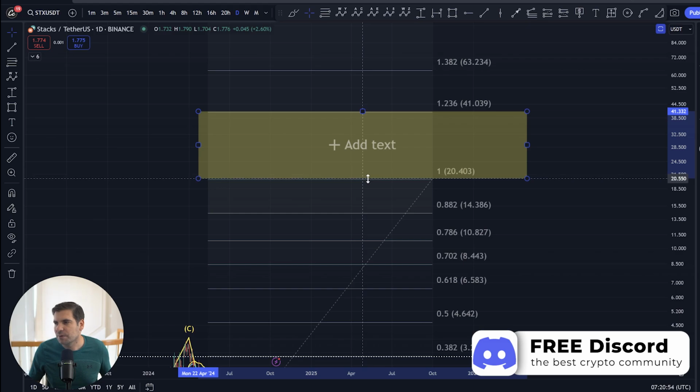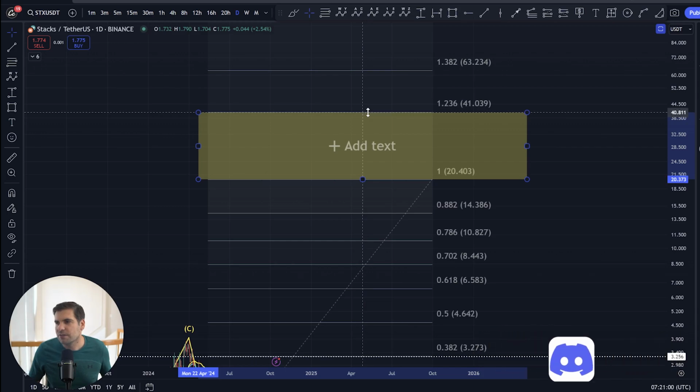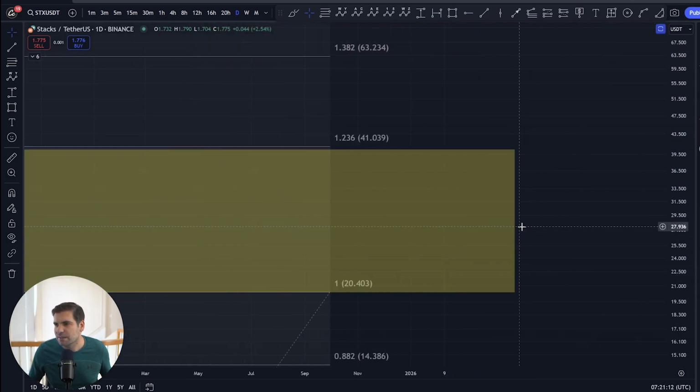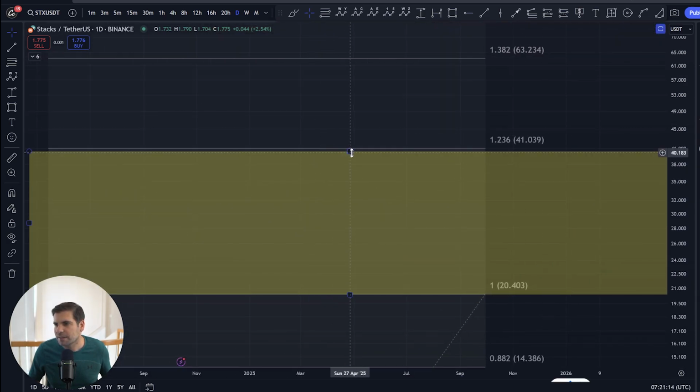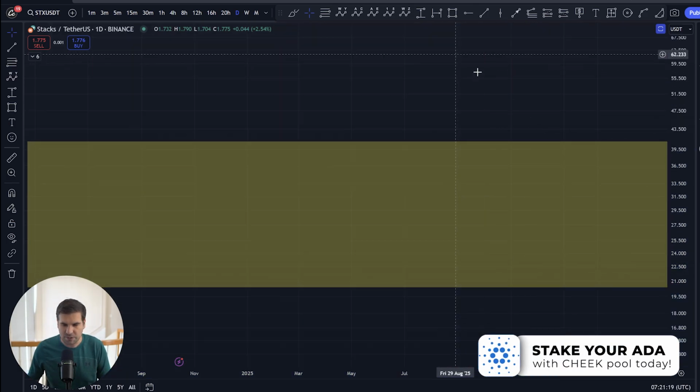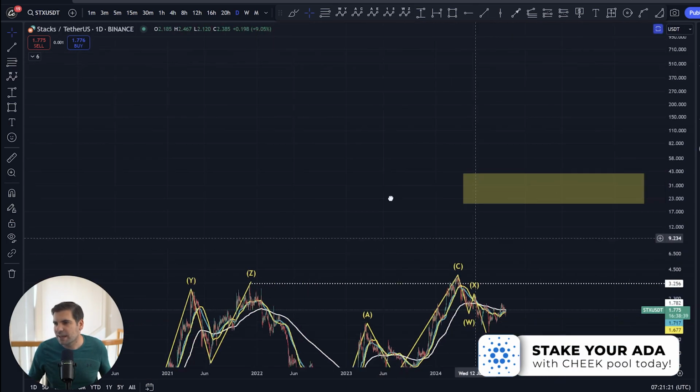$20.403. Okay, $20.403 is going to be on the low side, and $41.039 on the high side. Okay, so again, we can see there is this really interesting spot right inside here. I'm going to see if I can just snap that right on there to that level. We'll remove the fibs off the chart, and then you can kind of see the scale of what we're talking